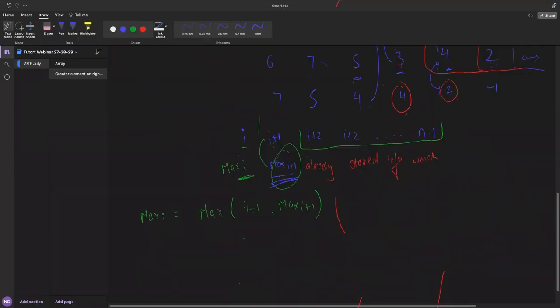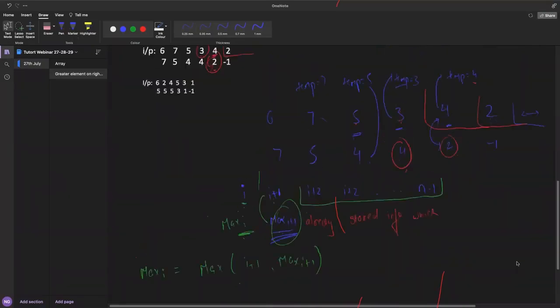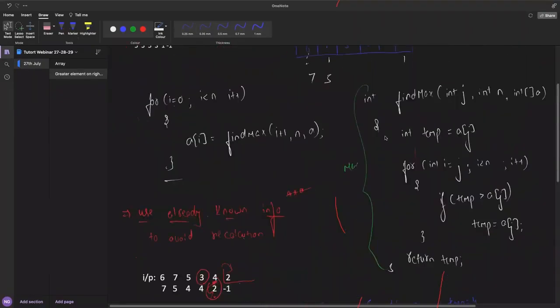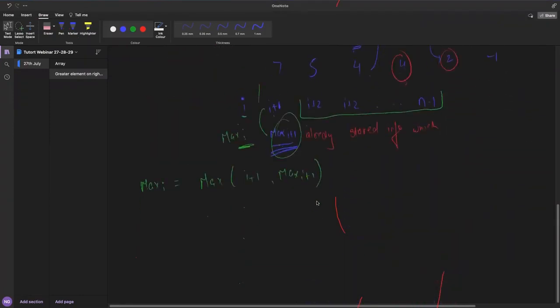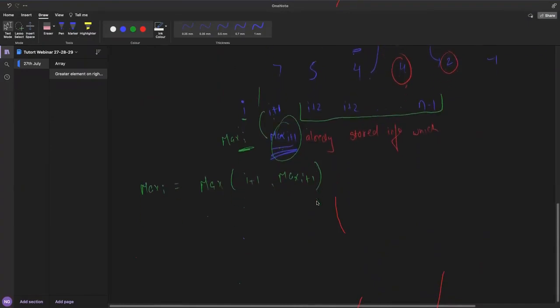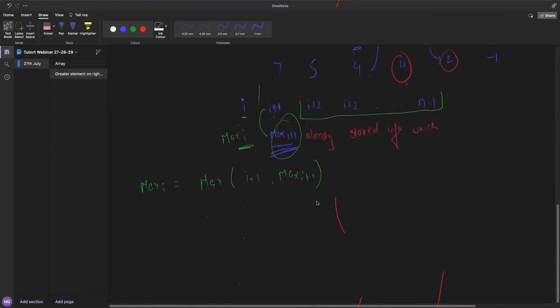So Divya, whatever your approach was, it's correct, but it is the first approach which I just explained, that for every index you will be finding the maximum element among the rest of the elements. It is the same thing as the first approach only. That is correct. That will be working. But we will be trying to avoid the additional calculations so that our complexity will be better.